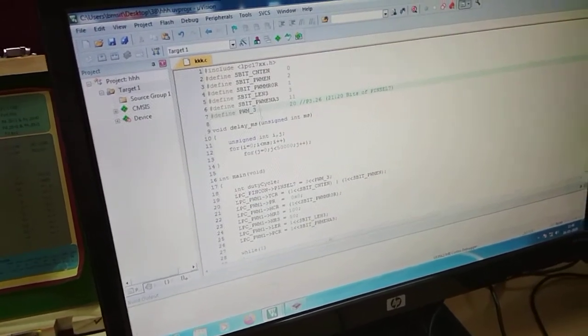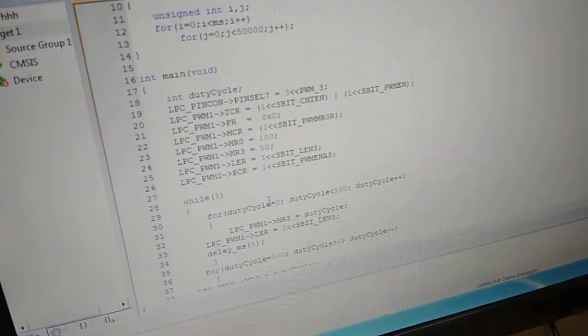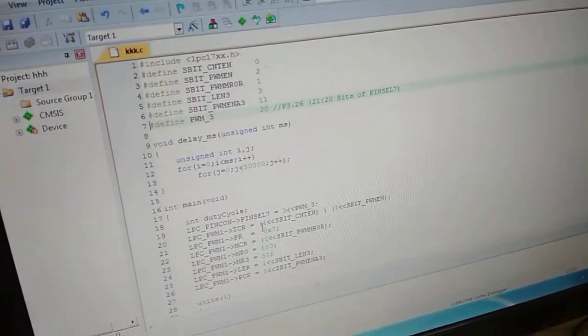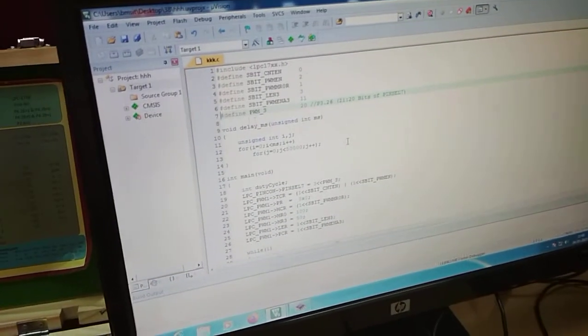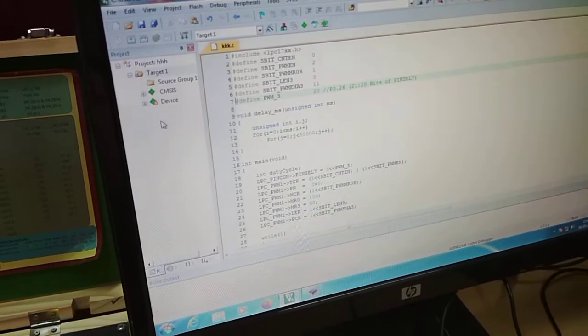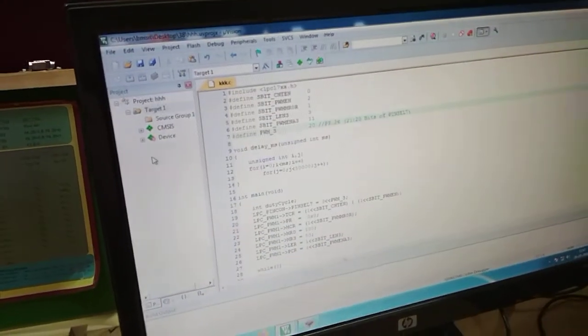So now you can see the color changed here. You can see some blue color and some other colors. You can see different colors. So after saving you will get this part. Okay, so now we have created editing file. Now one project is there. We have to include this file in this project.